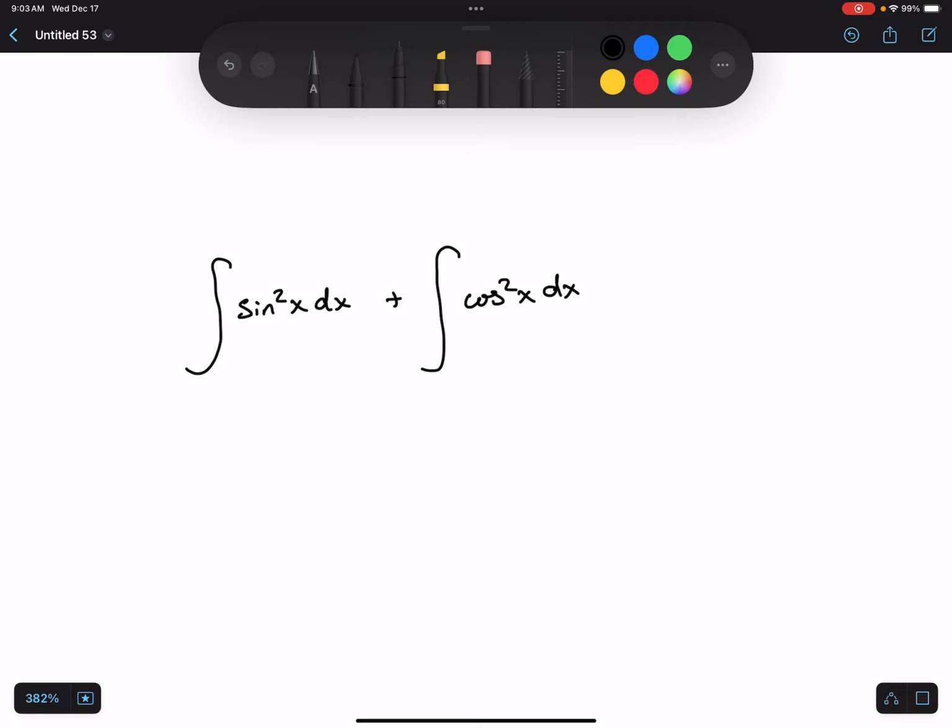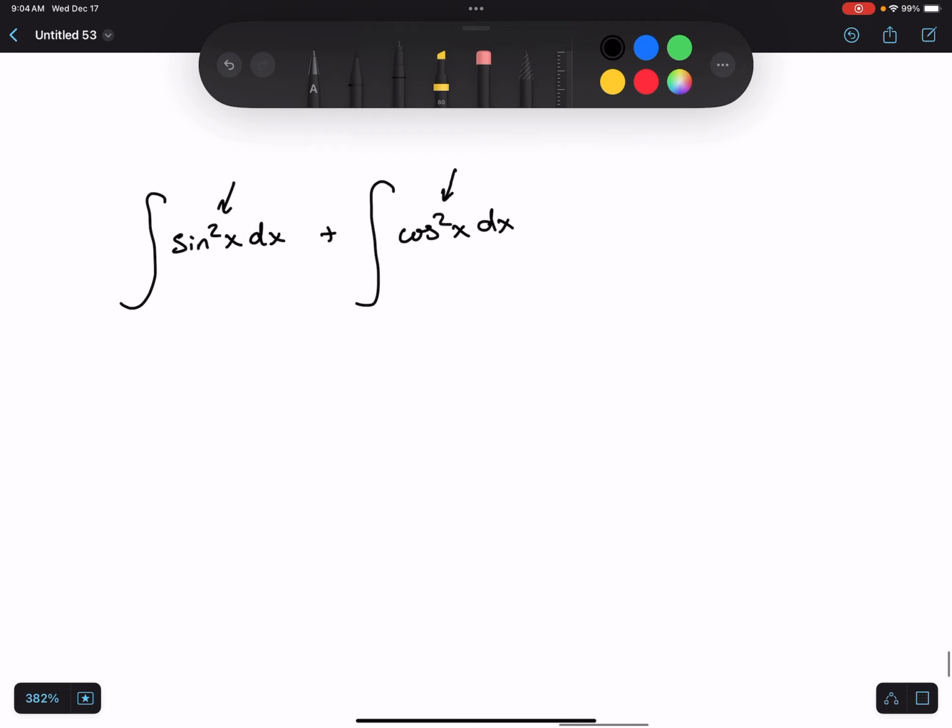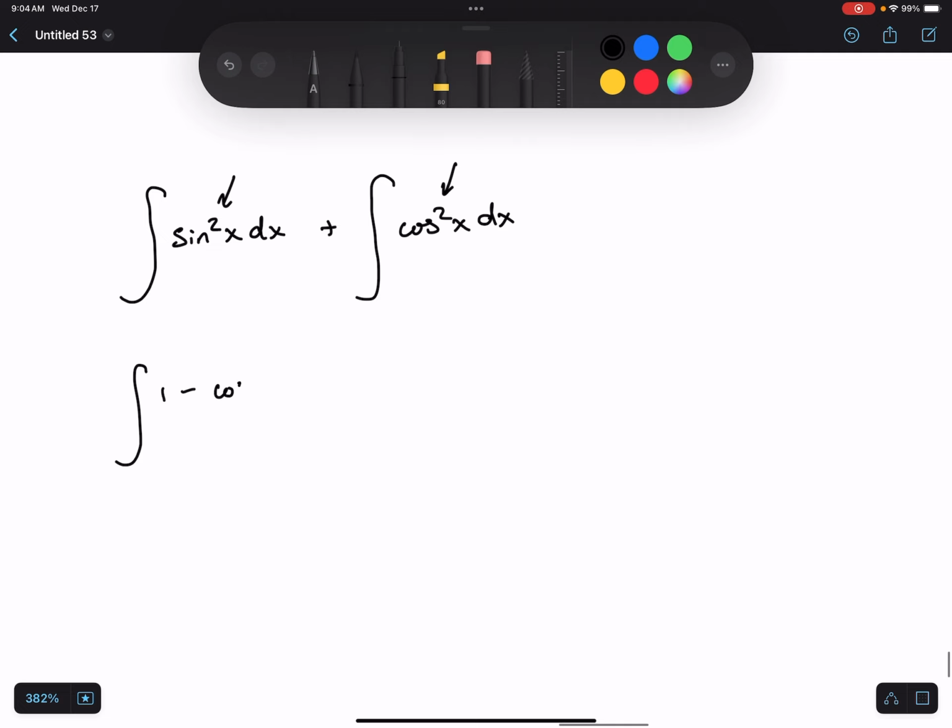Here we have two trig integrals that we need to solve, and both of them are squared trig entities. We have sine squared x and cosine squared x. Now we know through trig double angle identities how to step these down, and so we can rewrite these as the integral of 1 minus cosine 2x over 2 dx plus the integral of 1 plus cosine 2x over 2